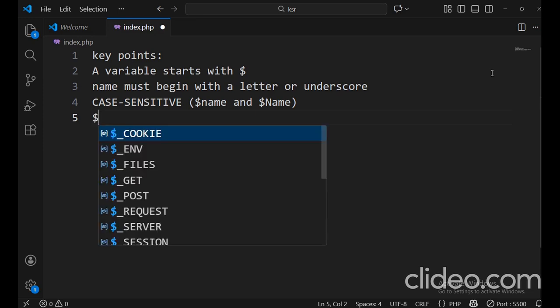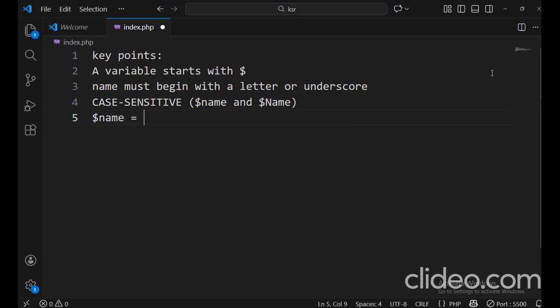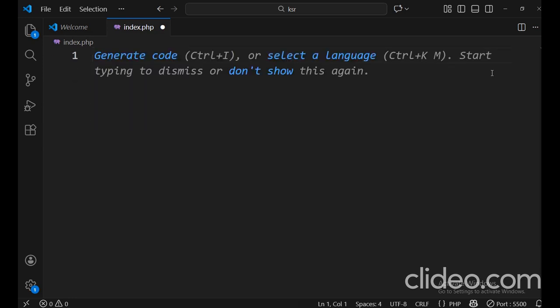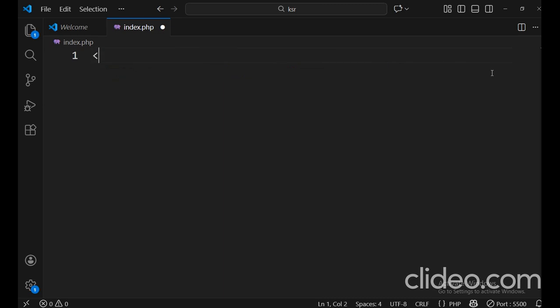Suppose $name is equal to 25. 25 is an integer, but there is no need to mention integer. I will explain one example. Always start with the PHP tag, less than question mark PHP, and then $name